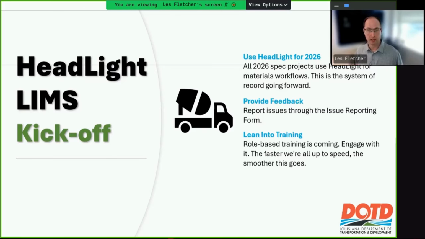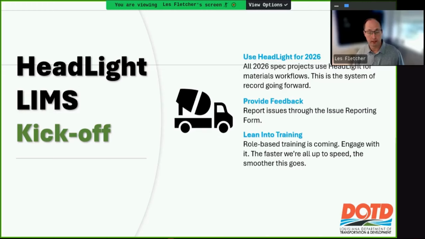The system is not 100%, really probably not even close to 100%. We kind of ran out of time, and HeadLight is putting things together quickly and starting to roll this out. We discussed this in a meeting yesterday. Sometimes you just got to start doing something so it'll get done. And we know that's going to be a little struggle. So we hope that y'all just work with us and work through these things, try to provide as much feedback